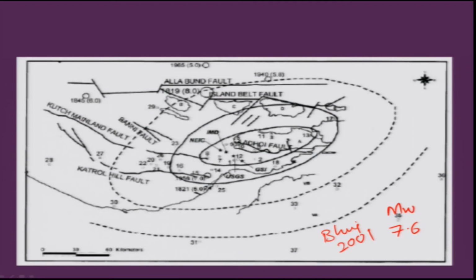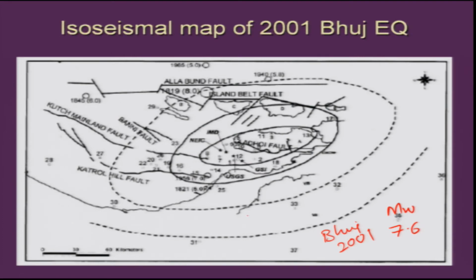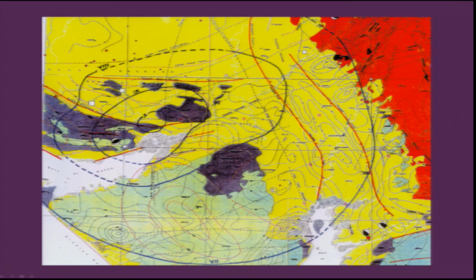You can look at where the maximum intensity was here, and then slowly, if you move away from this, it reduced. So this is an isoseismal map of the 2001 Bhuj earthquake. This was the epicentral area, which shows that the intensity was almost 10, and then it reduced to 8, and further away, far away, almost like this. The distance from here to this was almost 300 to 400 kilometers. So the intensity here was almost like